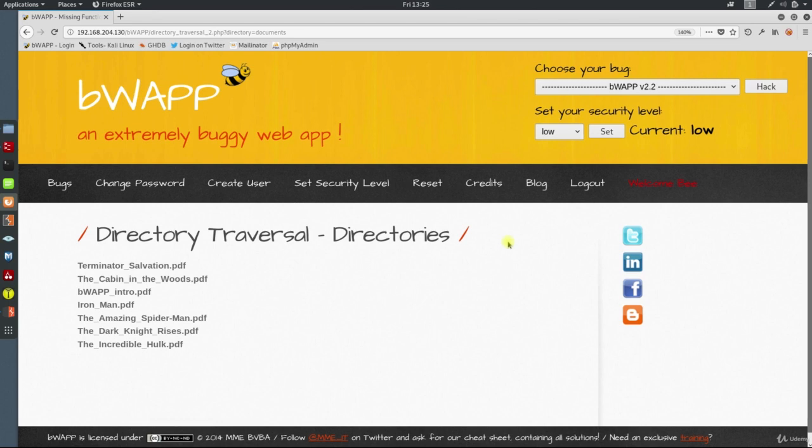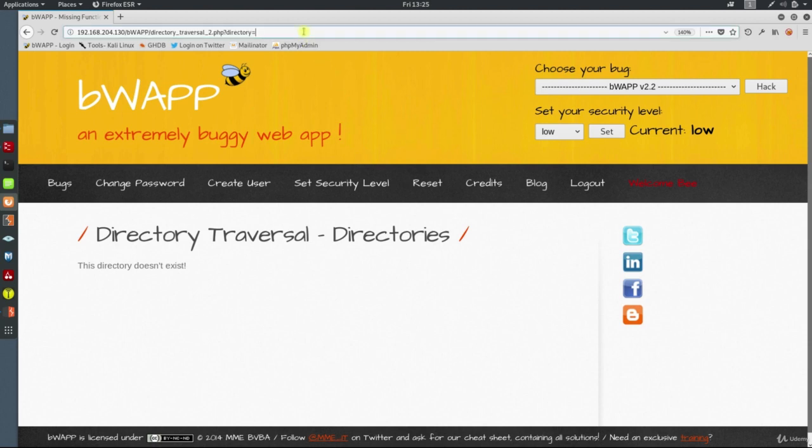But look at this. See, when you start to pay attention to the URL, the directory parameter in the URL can reveal something. So let's delete this value. So the warning, this directory doesn't exist, appears. Okay. This means the parameter takes the name of the folder on the file system and prints the content of that folder. So now we can guess folders generally residing in applications, such as JavaScript,